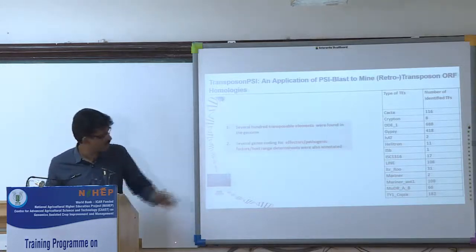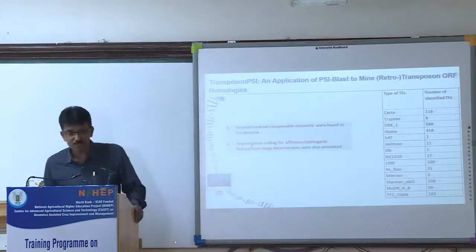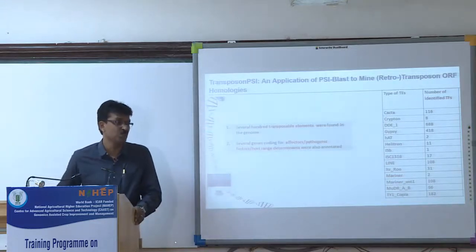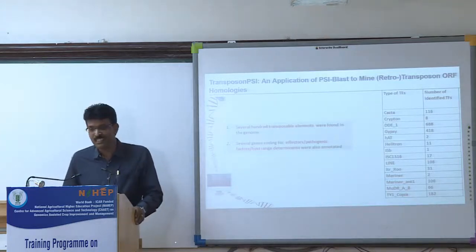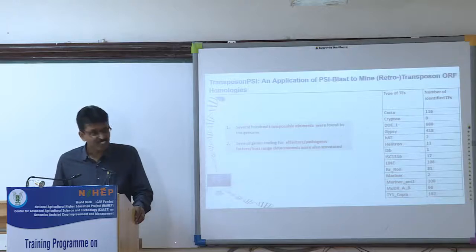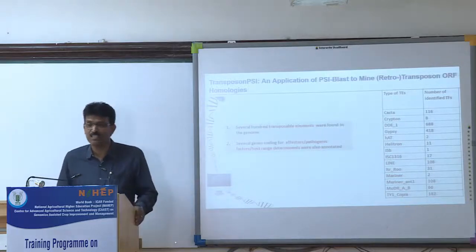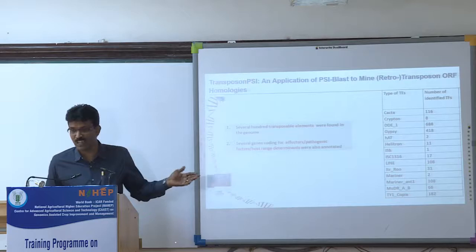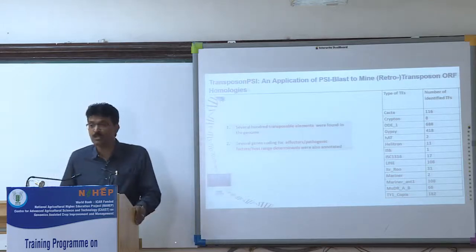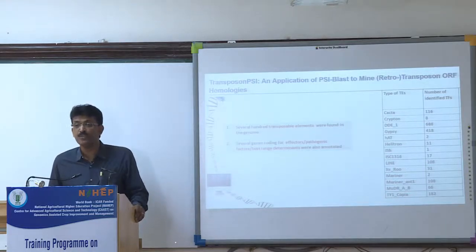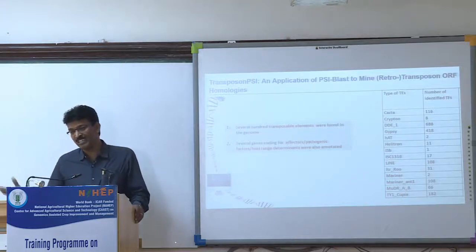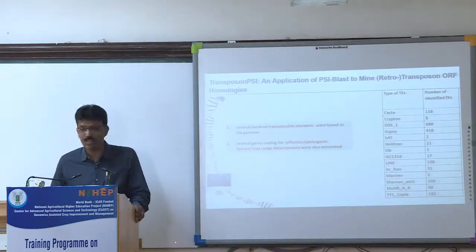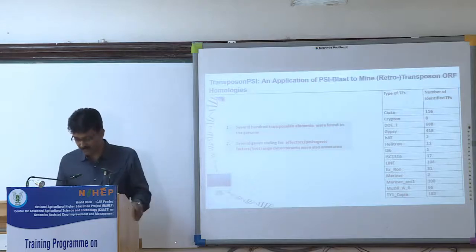You can just read it here: different classes of transposon and also how many copies there are in the genome. This is also very useful because we know that transposons play an important role in evolution. I already talked about the pathogenic variability happening in a pathogen like Magnaporthe, and we cannot underplay the role of these transposons in making new variants available in the population, because their ability to hop on and hop off in the genome quickly creates variability in the virulence coding genes and comes out with a new type of